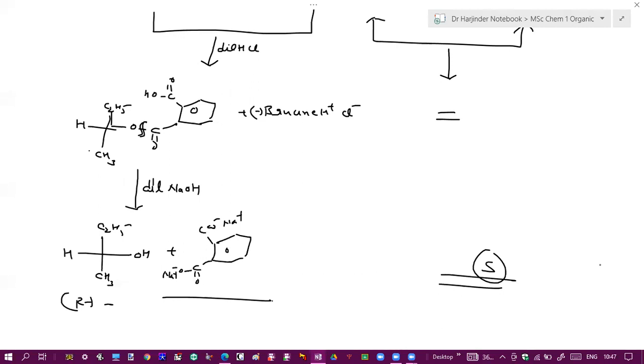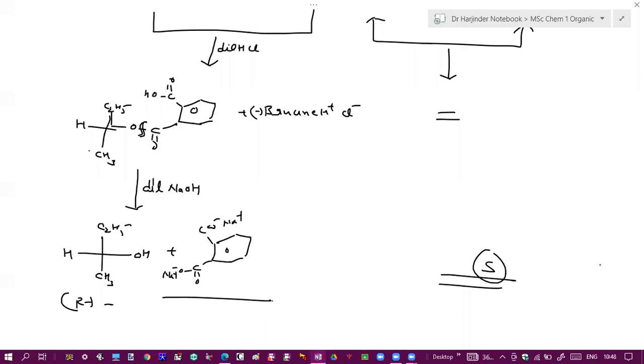So what will be your first step? You treat that alcohol with, how will you treat the mixture of two isomeric, enantiomeric alcohols? Phthalic anhydride. With that you will get half ester. The isomeric alcohols will become ester and you will have a carboxyl group there also. And then that carboxyl group will react with some resolving agent, a basic resolving agent. You will get a mixture of diastereoisomers, separate them, and convert them back to your enantiomers.